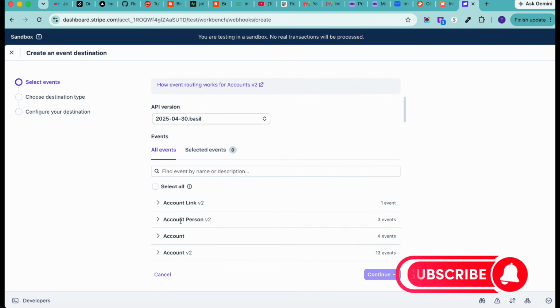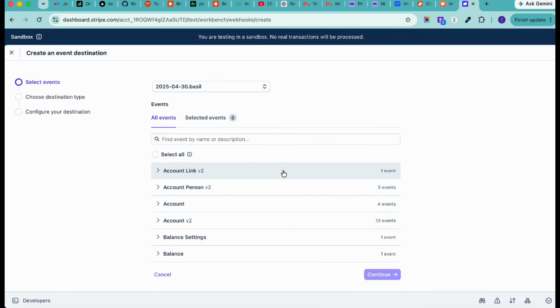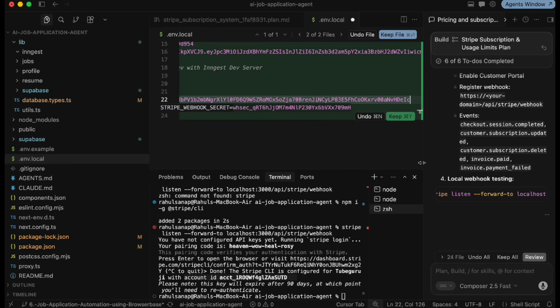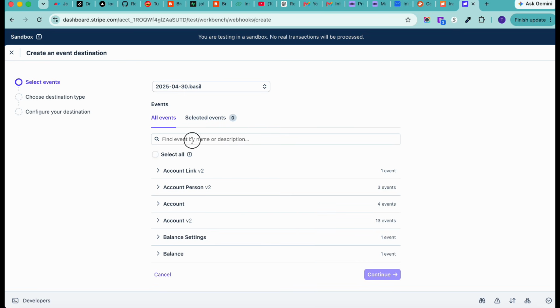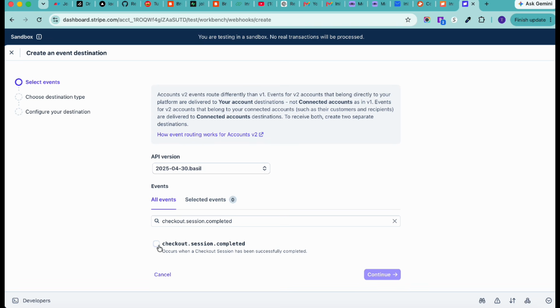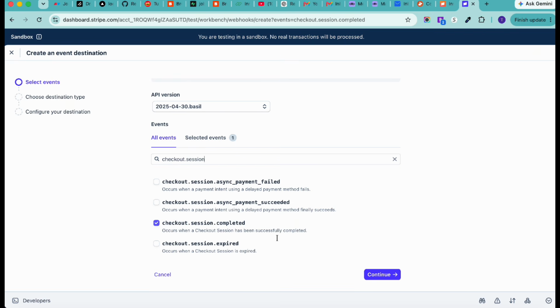Inside the destination, you have to select which events you want to subscribe to. You can even ask Cursor which events you want, but it already mentioned them, which is checkout session completed. So select that. Then we also have checkout session